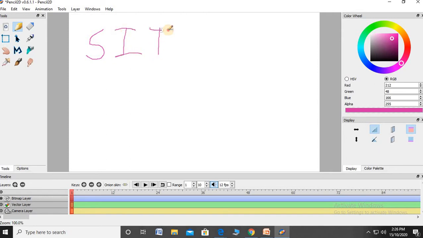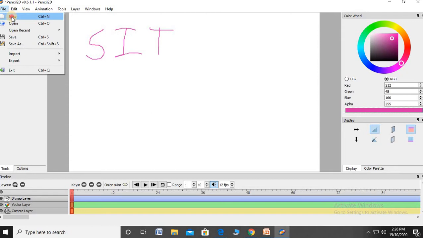You draw SIT Polytechnic Edra. I have already drawn the SIT. You can draw it all in long form, SIT Polytechnic Edra, or it is also possible to write the full form, Sharad Institute of Technology Polytechnic Edra. If your writing is small on that page, then we write on it. I will show it.